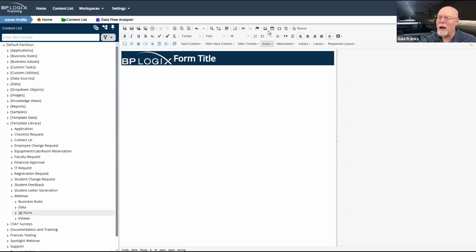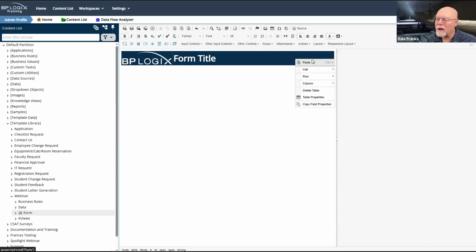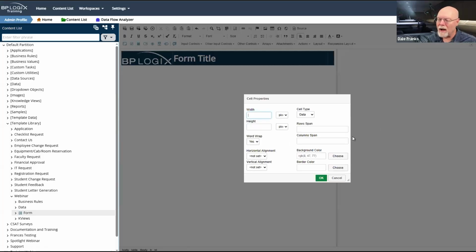We will go to our table control, and actually we don't have to go to our table control. We can just right click here and go to column and insert column after, and it will just insert a third column here. And so now I can place in the 3 standard fields that we always use at BP Logix. I am going to right click on this cell, and I'm also going to go to its cell properties. Now it inherited the properties of the second column here that originally existed. I'm going to throw this in as 200 pixels as well.